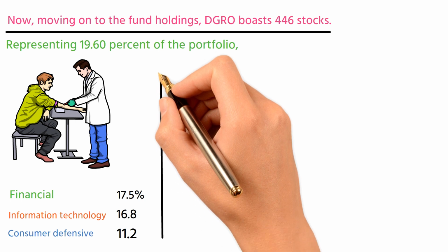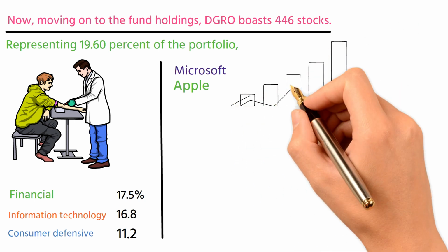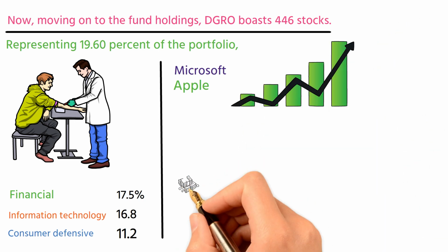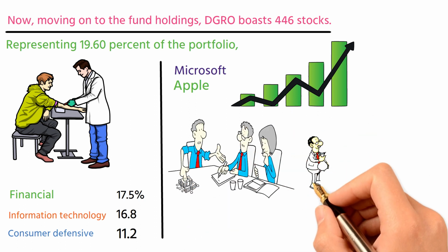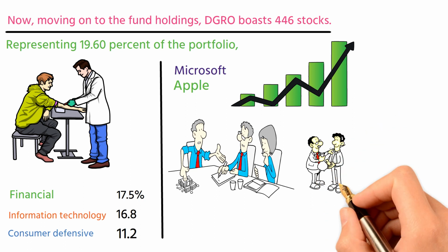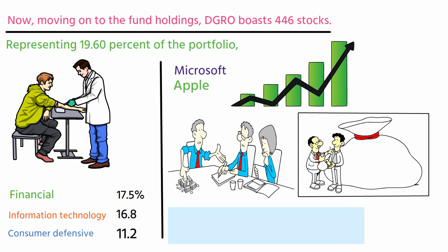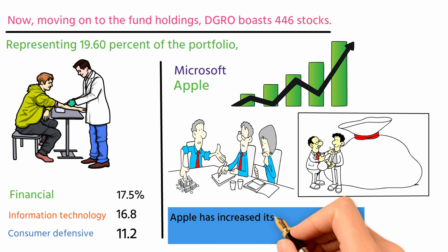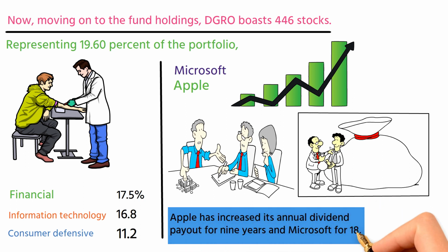Two of this fund's four most significant holdings are Microsoft and Apple, which show its growth potential and long-term returns. Although these tech companies aren't very generous with dividend payments, they have all combined strong performances with increasing dividend payouts in recent years, creating a winning combination for investors. For instance, Apple has increased its annual dividend payout for 9 years and Microsoft for 18, all while significantly appreciating